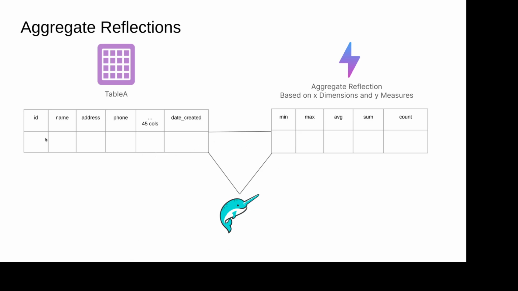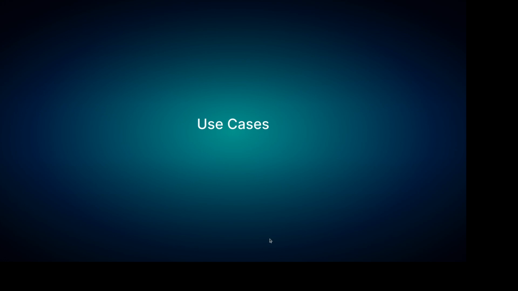Okay, so you see here, I might again have the table, but the aggregate reflection doesn't show the columns, it's showing the measures that I'm capturing. So it's a table of all these pre-computed metrics. And again, it's stored as an Iceberg table, and the benefit of it being stored as an Iceberg table is that you're getting the best of a materialization and an index, because the metadata acts like an index, and then the physical data files act as a materialization, so you're kind of getting both for the price of one.